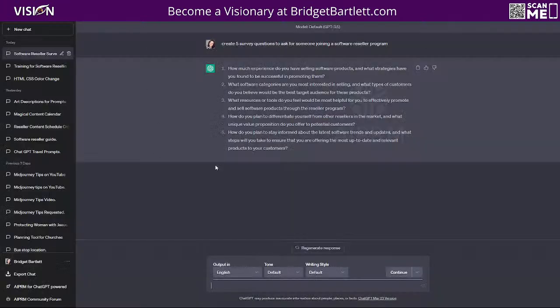Now, if you're still super confused and you just need something specific, maybe there's not a template for joining a software reseller program. You can just go to ChatGPT. Like in this example I just typed in, create 5 survey questions to ask someone joining a software reseller program, and it gives me some pretty decent questions to ask. This would be a great way to pre-qualify people